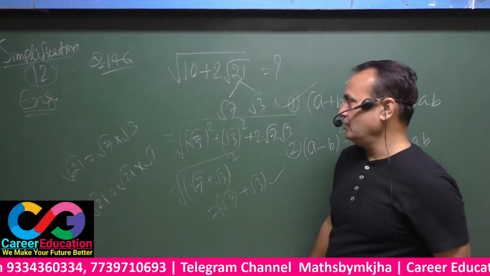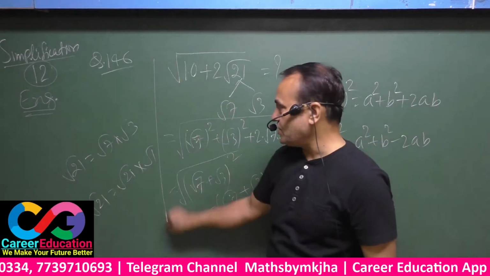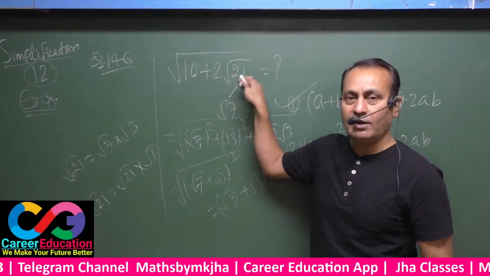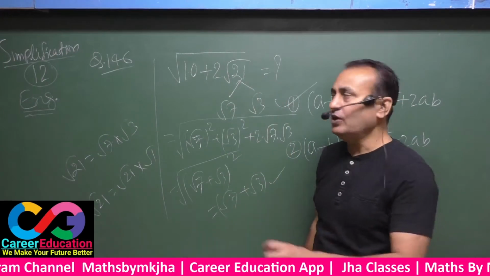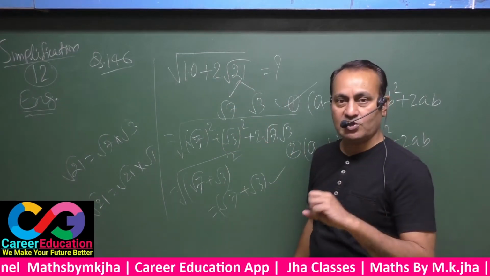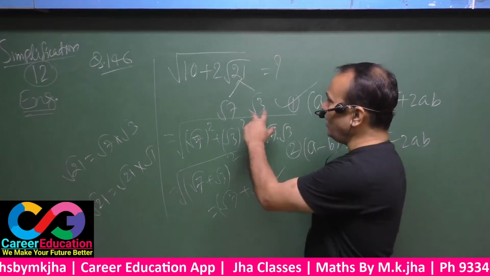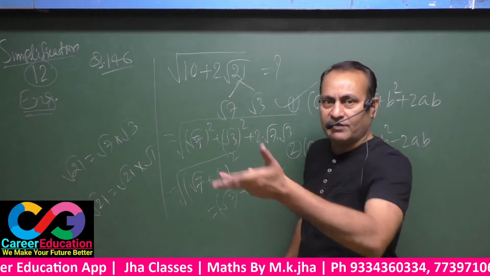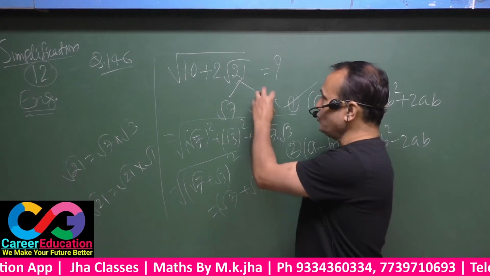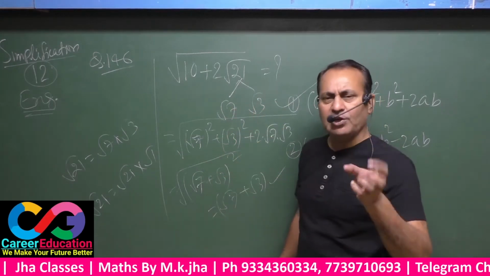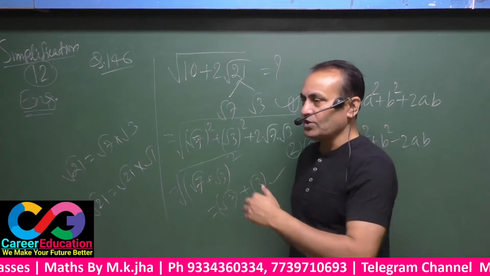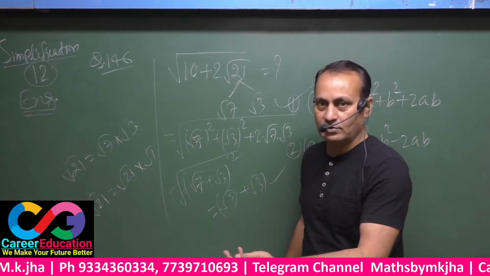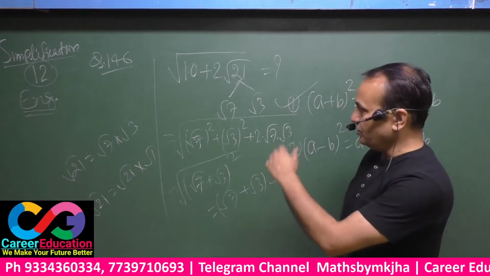Be noted. Whenever you see such type of situations, that means there must be a number plus or minus, must be a number under root a number. Certainly the position is based upon a plus b whole square or a minus b whole square. Here you have to think once again. A and b can be reversed. That means I may suppose this is a, this is b. But in practical going, normally in the options, a is supposed the bigger of the two. It is not mandatory, okay? Be noted.